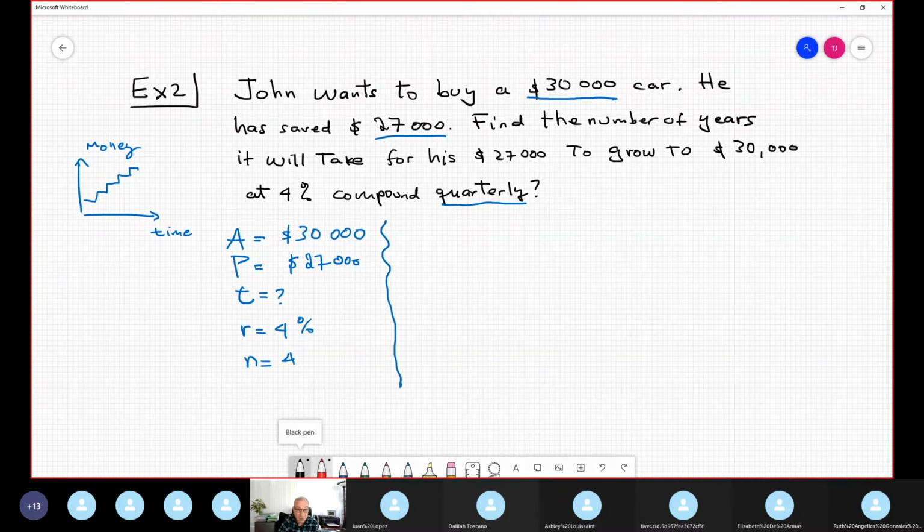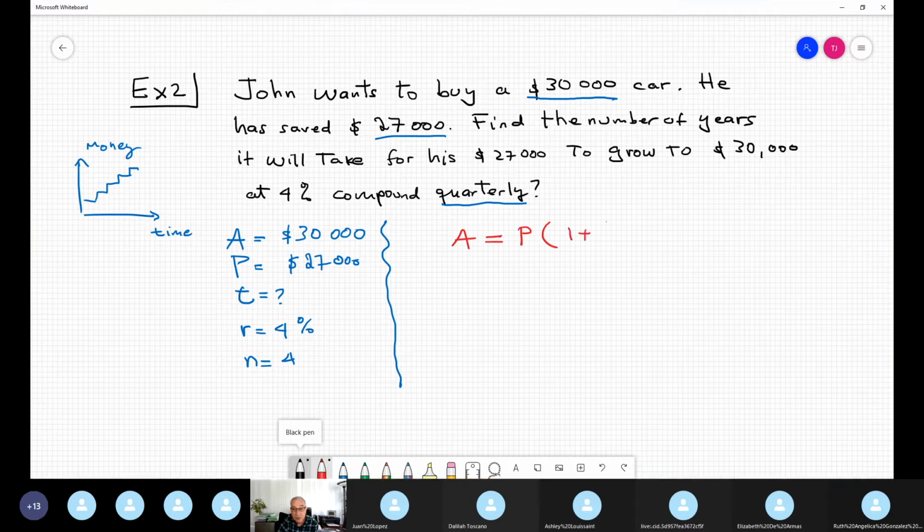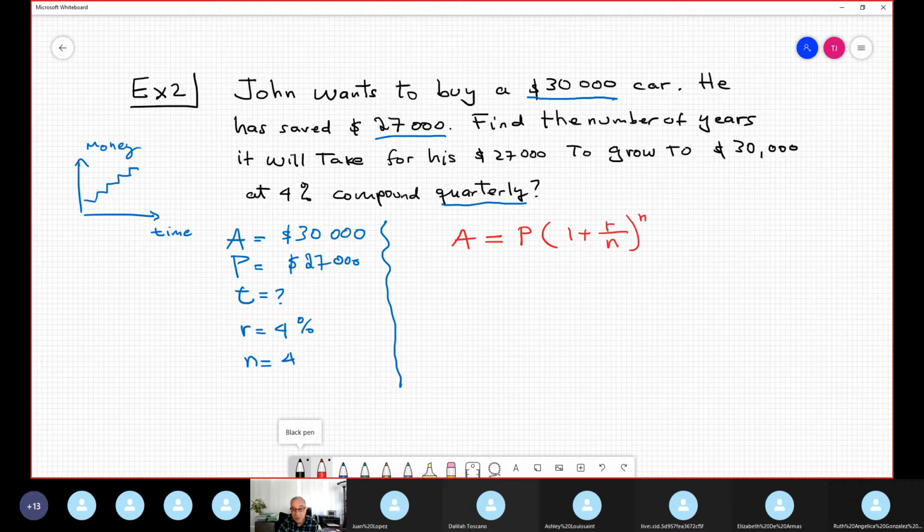Okay. So one more time, I select that formula, right? No change. We select this formula again because it's a non-continuous, discrete problem, but the information I need is time. So I need this time. Okay, but don't worry. Use substitution, plugging in. A is 30,000. P is 27,000. Parentheses, 1